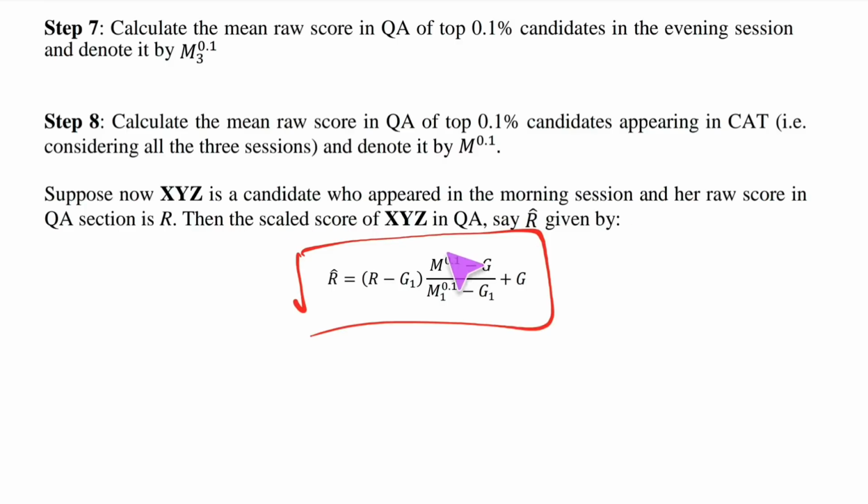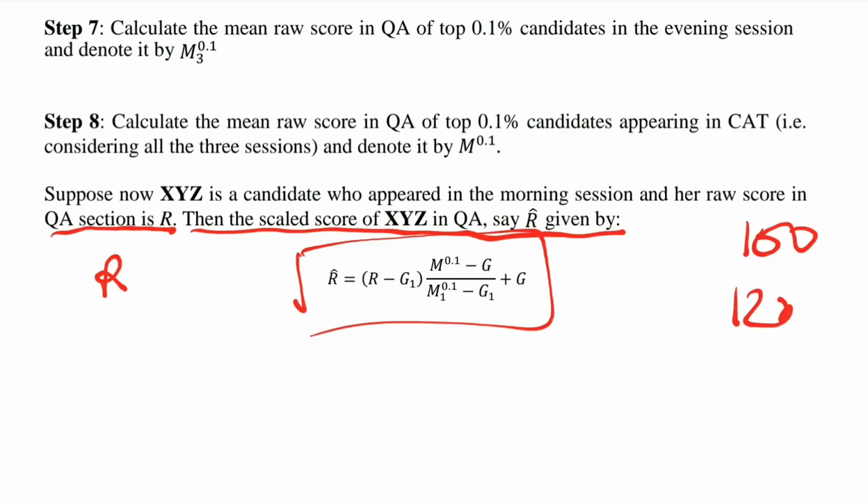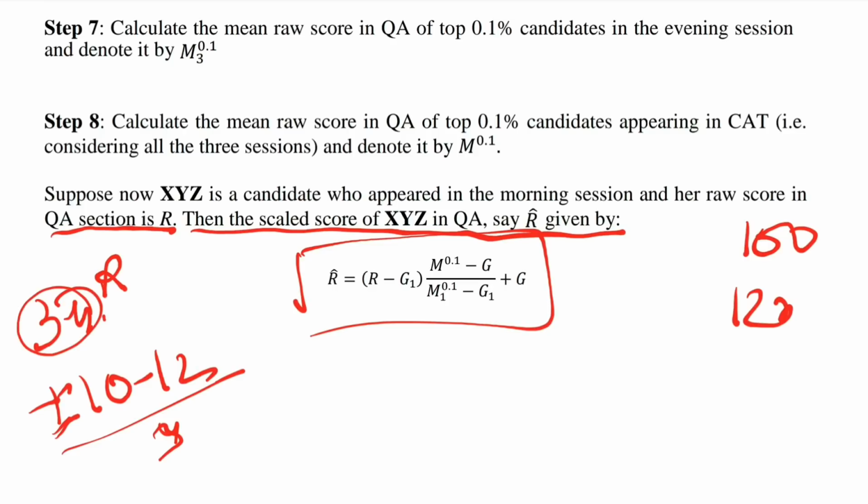Let's say the morning slot, the student's quant score is R and the scaled score in the quant section is R dash. My normal score is 100, but after scaling it becomes 110 or 120 or 90 or 80. It won't be a major gap, trust me. It will be a very small gap, plus minus 5-10 marks. Because I've talked to all the toppers, and everyone said their scores have gone up or down plus minus 10 to 12 marks. Divided by 3, so almost 3 to 4 questions gap has come, max to max, in the complete paper.